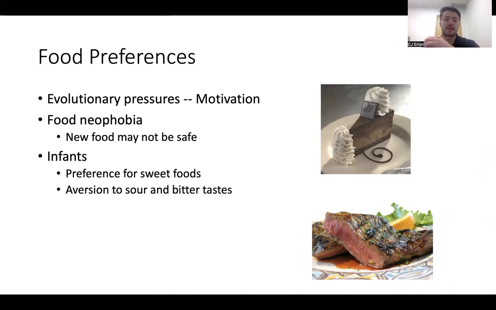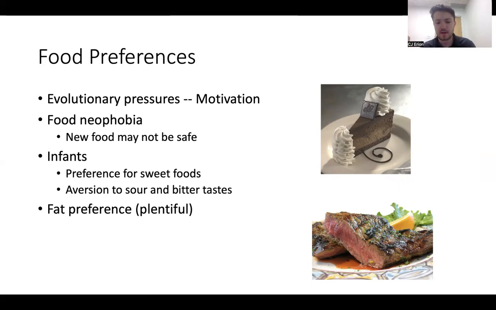And so infants, as talked about briefly in the book, will also make faces when trying out these sour and bitter foods, and that can also be thought of as adaptive, because obviously at a really young age, they can't be telling whoever's feeding them, hey, I need more carbs today. So they make these disgusted faces when they try things that they don't like. And so the idea is that it's adaptive that they don't like certain things.